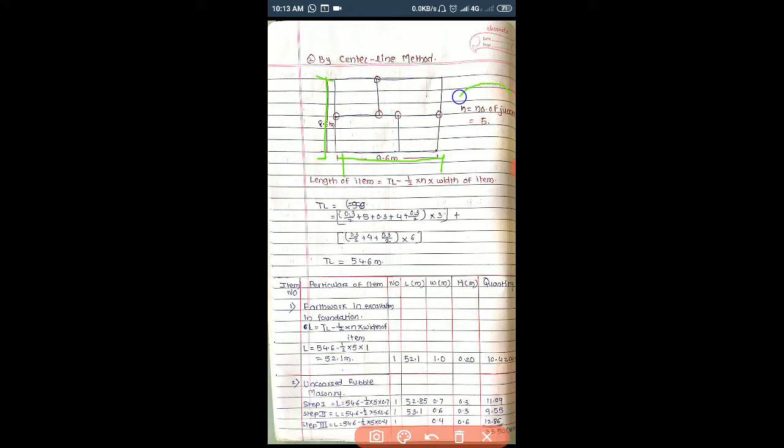Now the main part we have to consider in the center line method is the number of junctions. Junctions means three walls or four walls meeting at one particular junction. So we will consider only 3 or 4 walls meeting. Don't consider where 2 walls meet, as that cannot form a junction. Only 3 and 4 walls meeting at one common junction, so just consider those junctions only. For our given case, we have 1, 2, 3, 4 and 5 junctions.